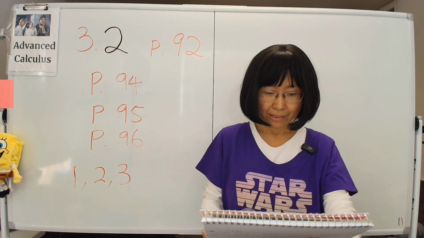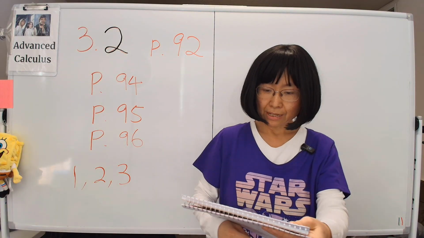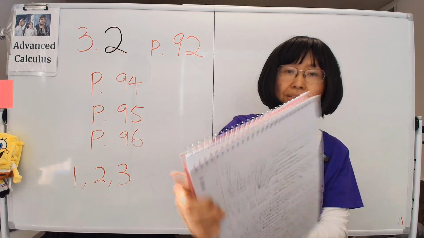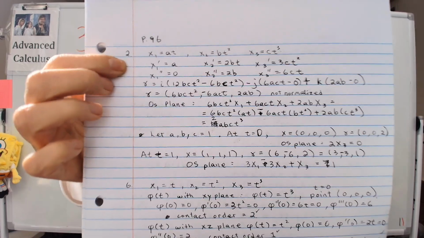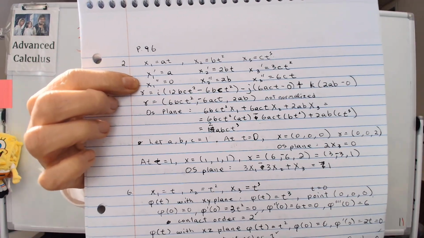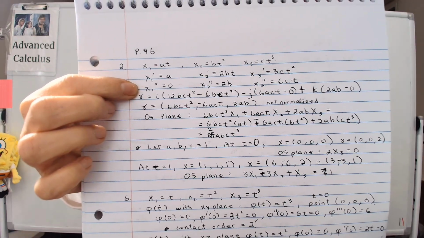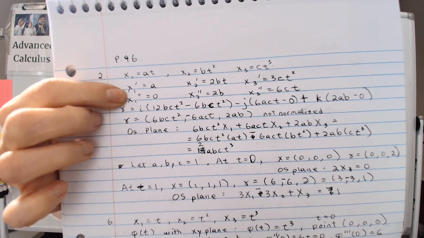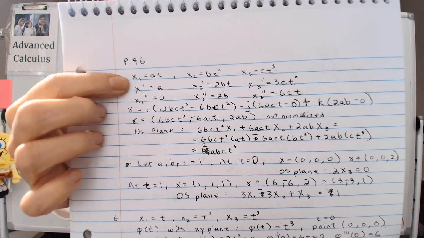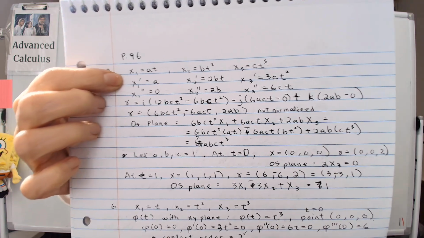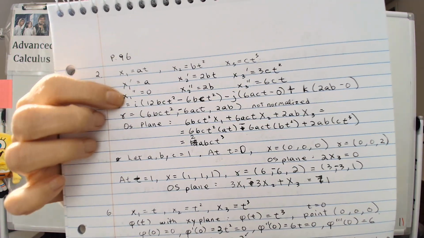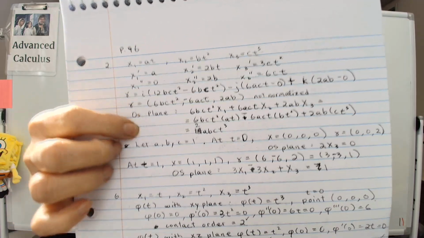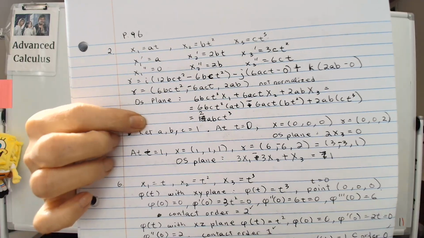And then next, problem number 2 is a similar deal, except that now we just have a bunch of symbols. But the idea is the same, okay? We need to calculate gamma, so we come up with this stuff. Why do I have ABC? I am not sure. Oh yeah, originally it said ABC, that's why. The original twisted cubic has ABC in it. But we follow the same principle, right? And come up with some stuff and not make any mistakes. And then eventually we will come up with some kind of answer